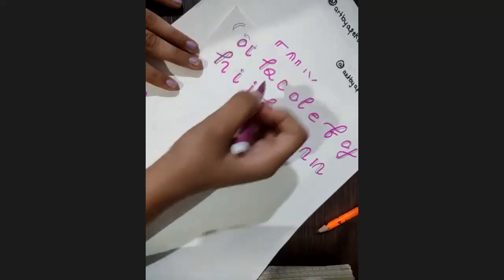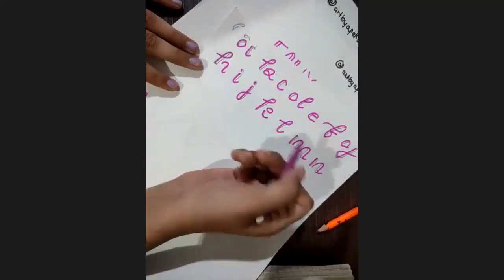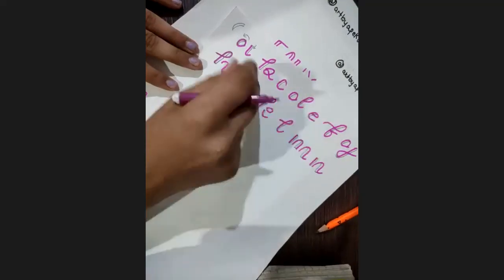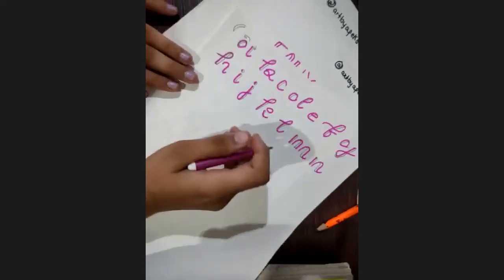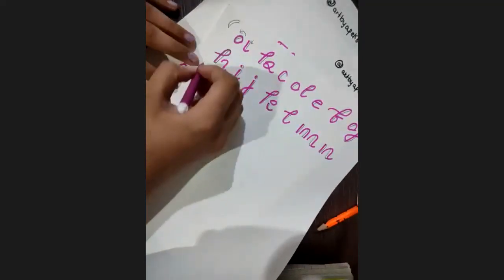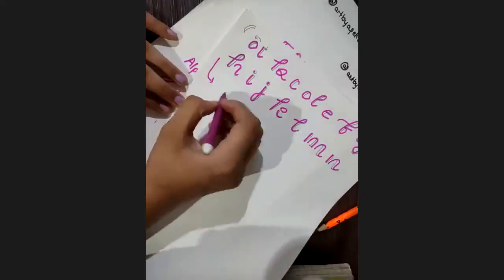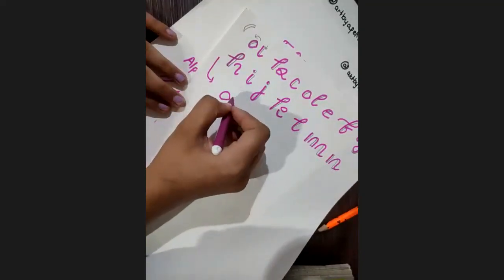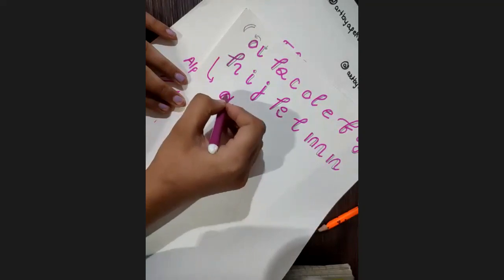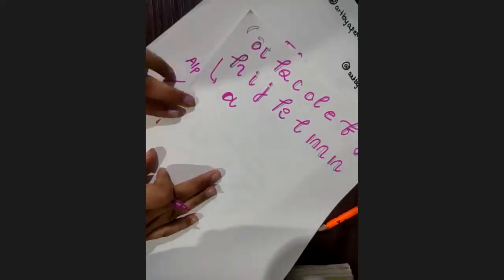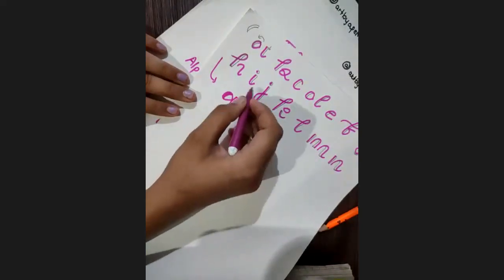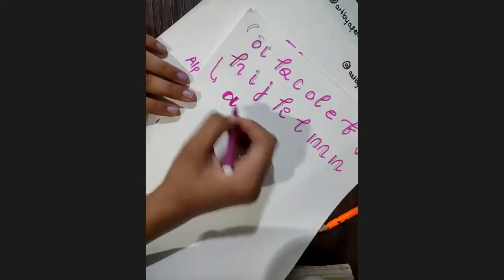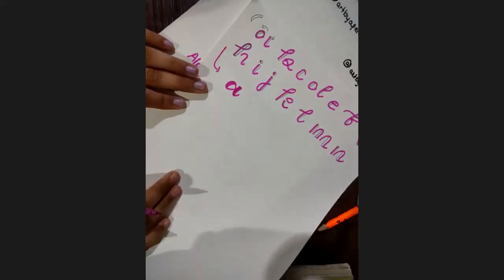direction में जा रहा है. From which side it is going up to down. So that will decide where is the thick stroke, where will we place the thick stroke. So I'm going to show the output here. See, this is the output of this. ये यहाँ से नीचे ऊपर से नीचे आ रहा है, so we'll make sure कि यहाँ भी double line हो. See how it looks. Same applies to all the alphabets.